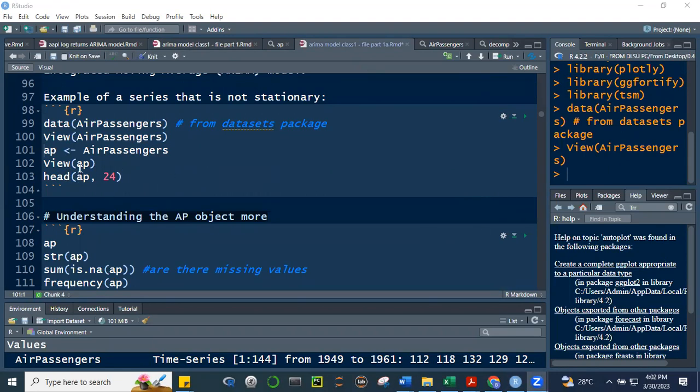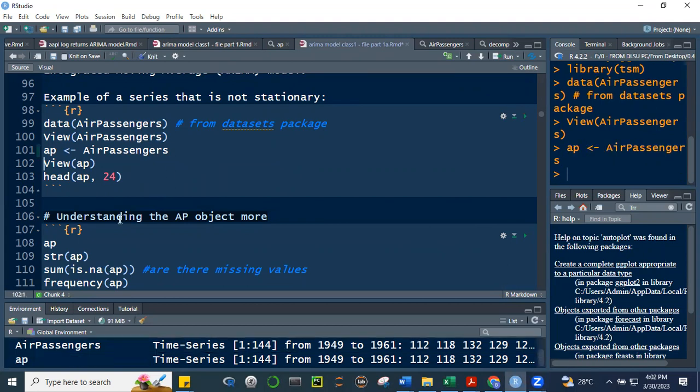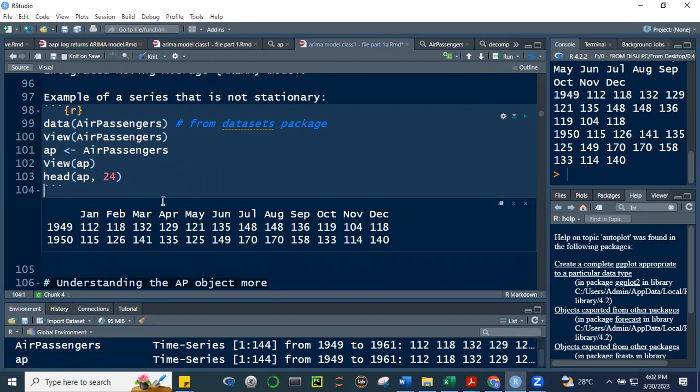So if you take a look here, we named our air passengers as AP for easy reference. So AP ang tawag natin sa kanya. And then let's take a look at the head of AP. So ito yung mga ano niya, no? So yung data natin time series siya. January to December 1949, okay? Hanggang